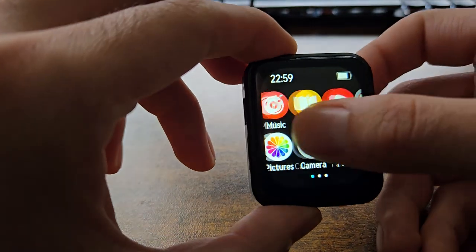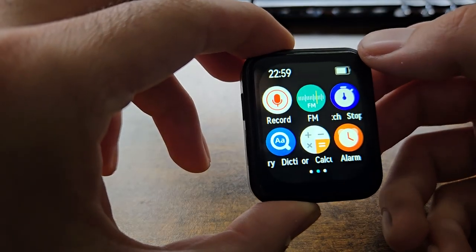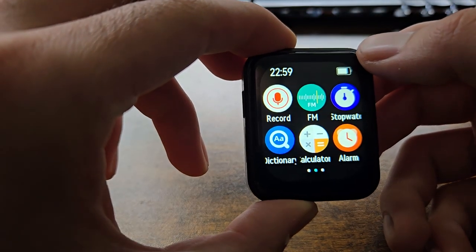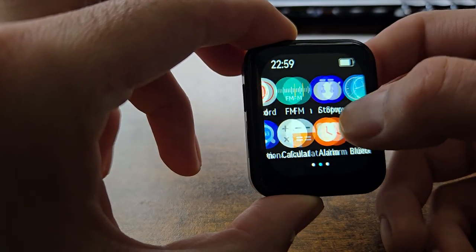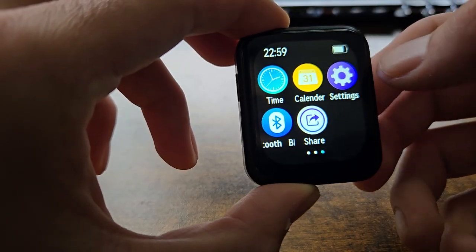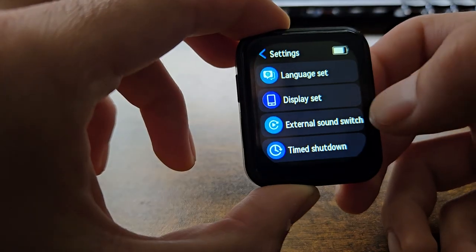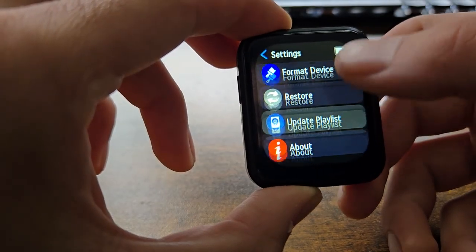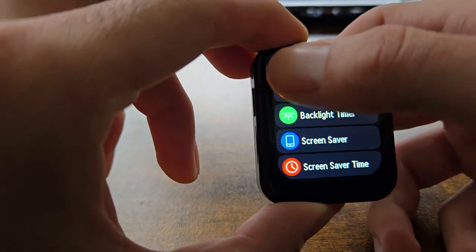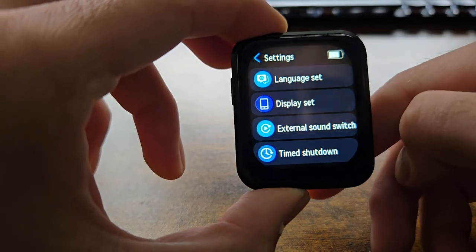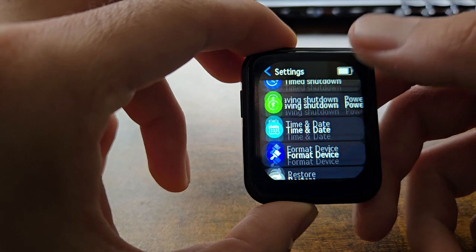This one's a touchscreen, and it does have camera support, although the pictures are not excellent, but they do the job. Actually, they're not horrible. I'd expect them to be worse, actually, so I was impressed. It's got Bluetooth again, and just like the old one, it's got a very similar looking menu. When you go in here, it's a little bit different themed, but it's got the same firmware under the hood,